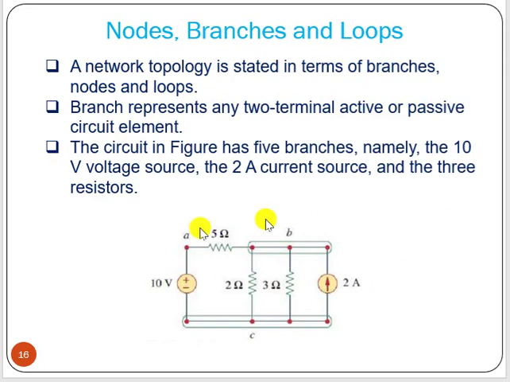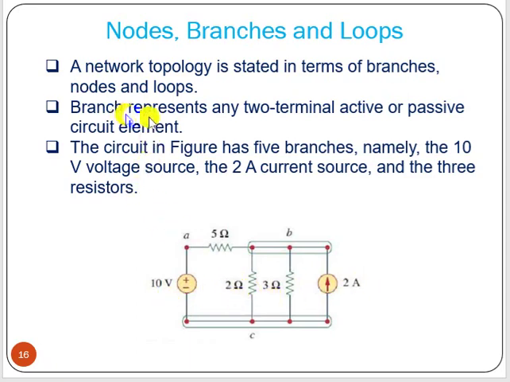This is a circuit. Now here what we can see, we have the voltage source, we have three resistors and a current source. And these voltage and current sources are what type? Ideal independent, because the symbol is circle, so it is independent and there is no internal resistance showing here, so we can say ideal.